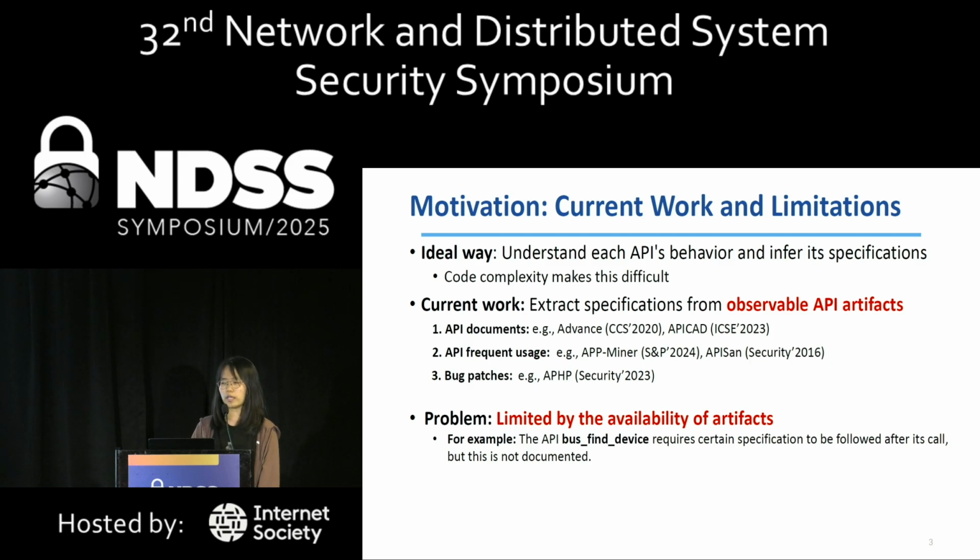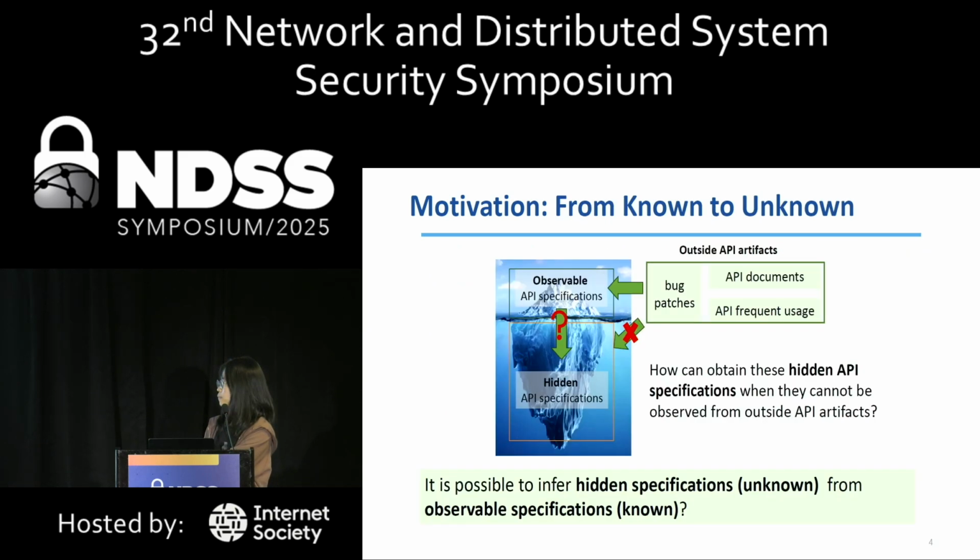For example, if a specification is not documented, it's impossible for a document-based method to get it. In fact, many specifications are hidden and cannot be observed through internal artifacts, and without them, we cannot detect the bugs. To address this, our research explores if we can infer hidden specifications from the observable ones for better